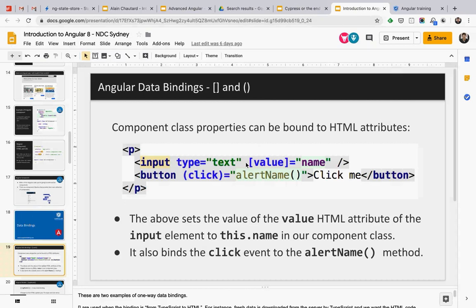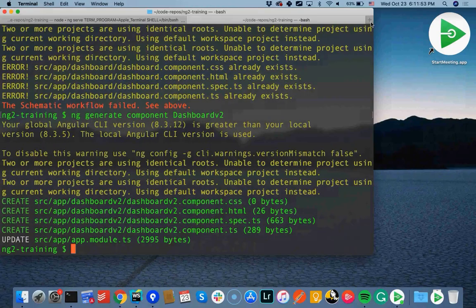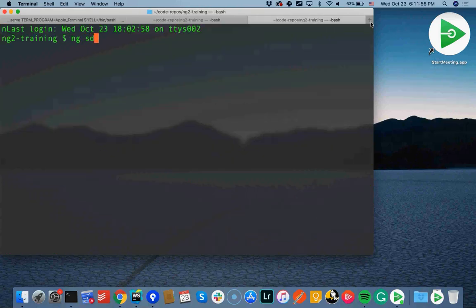So data bindings, you can apply them anywhere in your code through a syntax trick, which is these square brackets here. So if I put these square brackets on any HTML attribute, that creates a data binding. And then the right-hand side of that assignment is now an Angular expression. So name here would refer to a property in my component class. And that property is now bound to the value of that text input. So if the name changes, then the input is going to reflect that change right away. I can show that to you quickly. Let's start my quick demo on this.